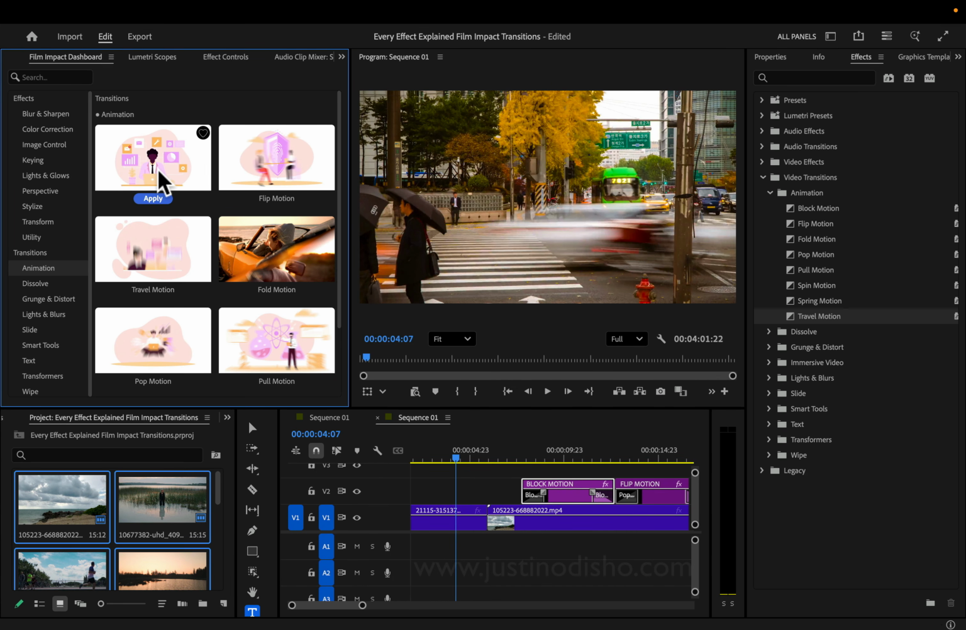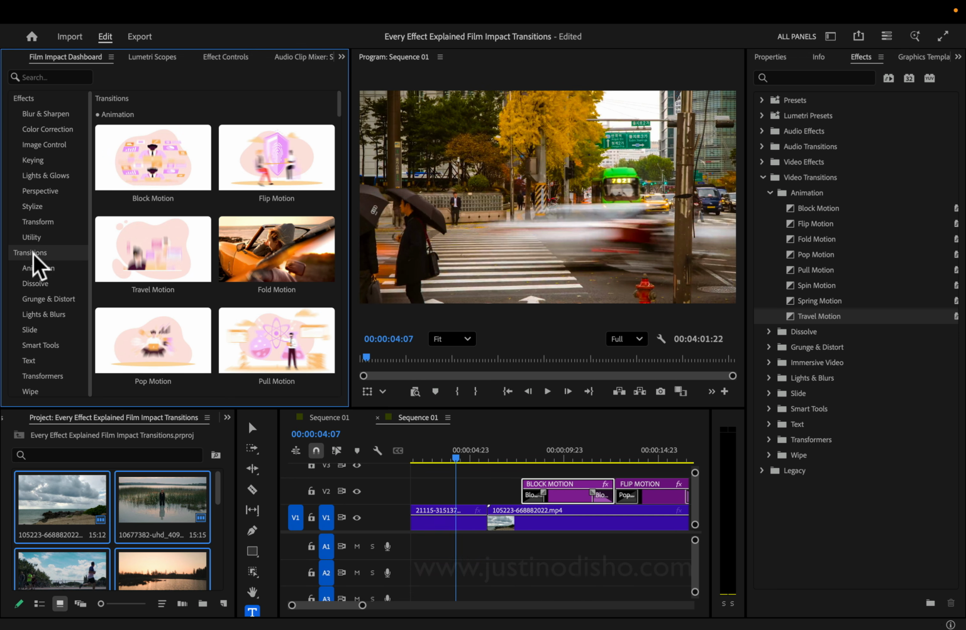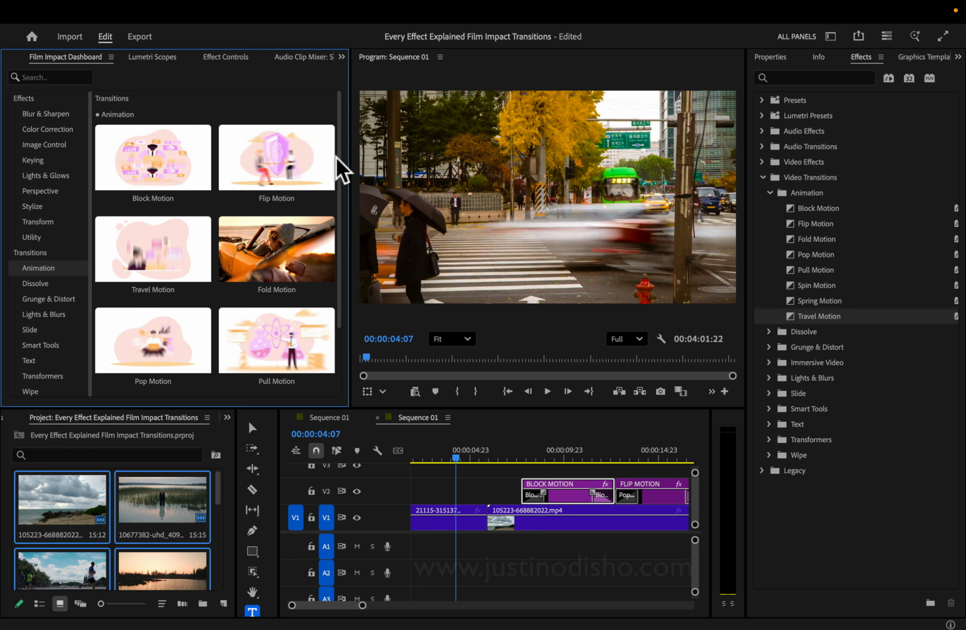Today we're beginning on the Film Impact Transitions. So to get this window, just go to Window, Extensions, Film Impact Dashboard, and under the transitions, you can see these preview animations, and you'll notice a lot of these are set with graphics or text. That's what a lot of these are going to work well on, but I'm going to show you a few